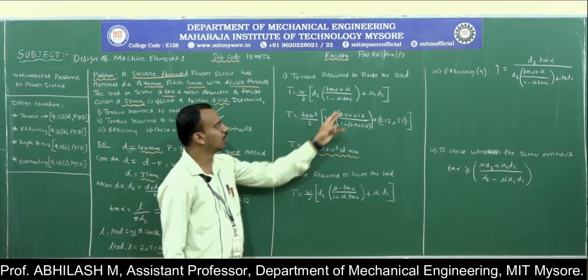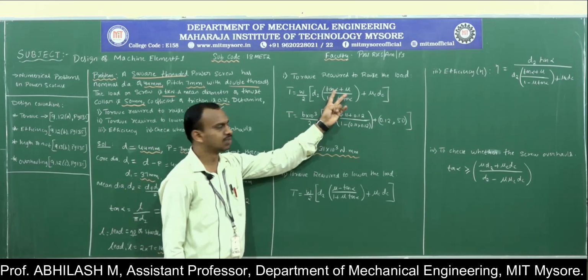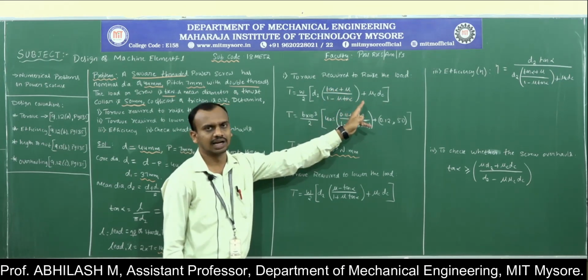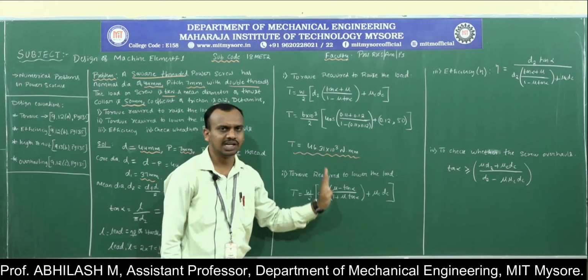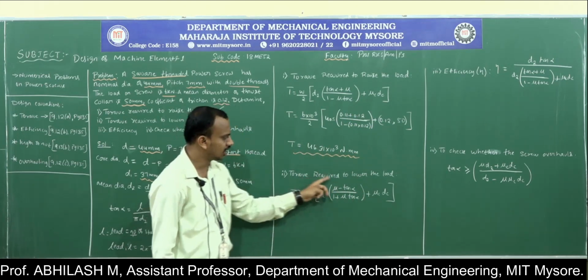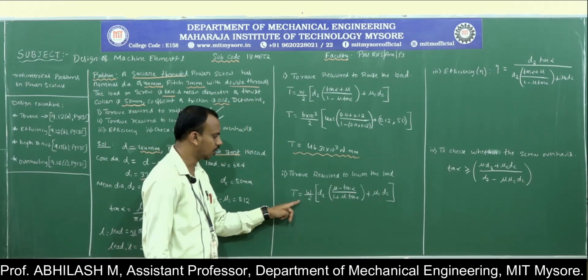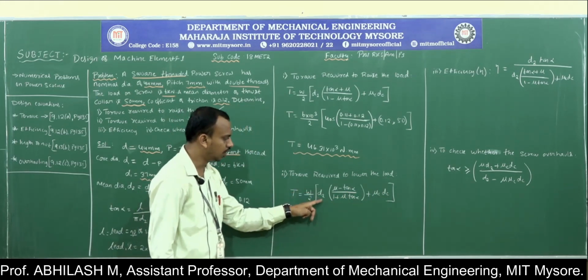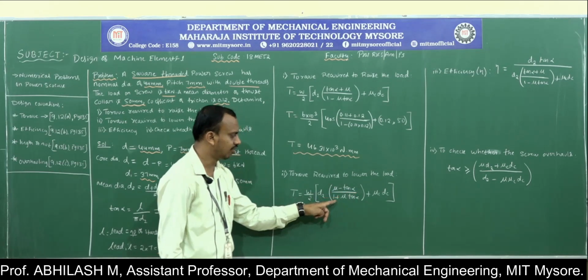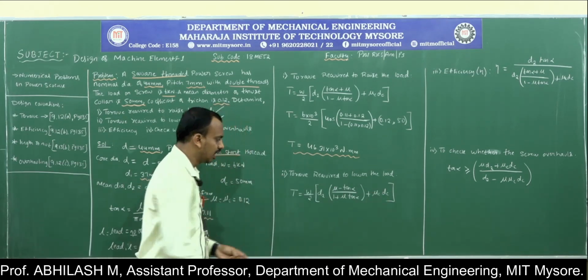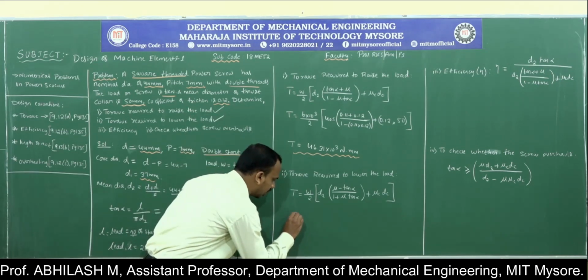In order to lower the load, just change the equation. This will become mu minus tan alpha divided by 1 plus mu tan alpha. Every other thing will remain same. So the torque that is required in order to lower the load is given by the expression T is equal to W by 2 into D2 of mu minus tan alpha divided by 1 plus mu tan alpha, plus mu C dC. Let us try to substitute all the values and calculate.